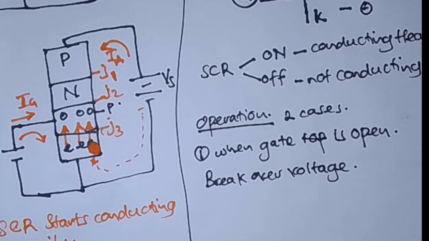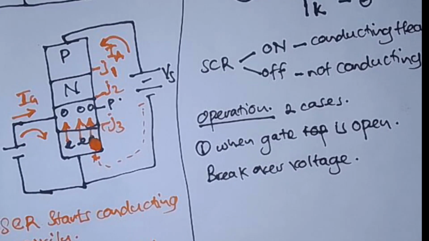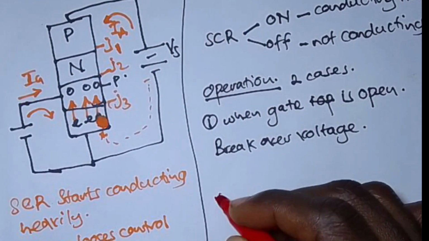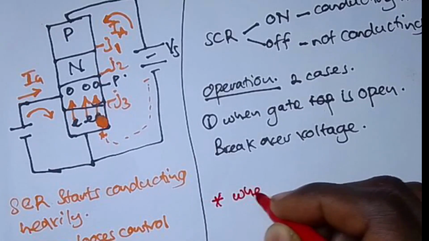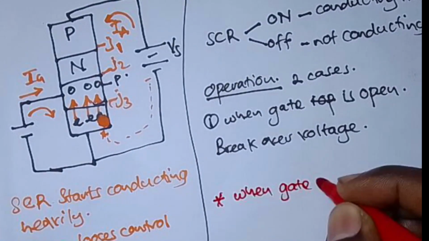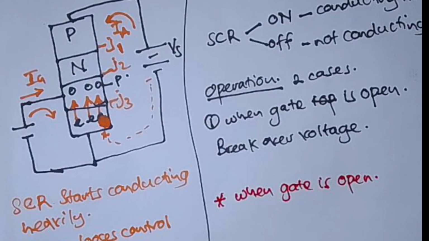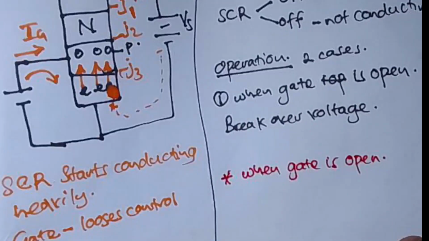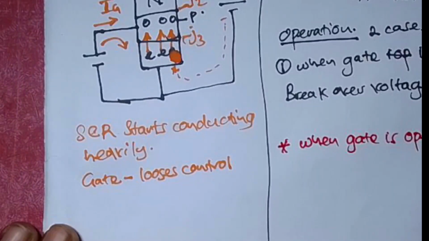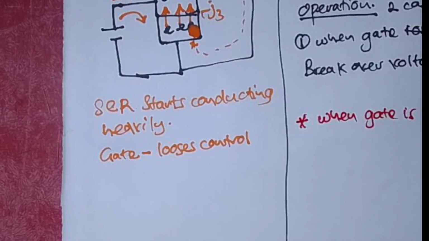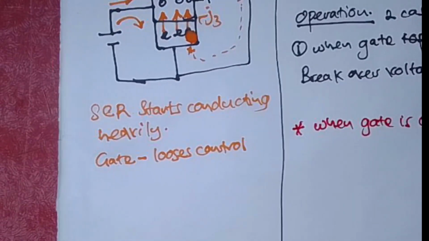Now that is a whole explanation, but I was trying to break it down. So when the gate is open, let me try to summarize it here for you. Case one, when the gate is open and the anode is positive with respect to the cathode, what happens is that,